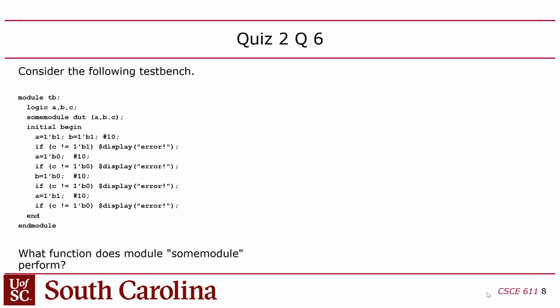Okay, then we have a test bench, and I'm giving you the test bench and asking you what function is being tested. How would you know that? Well, you look at the inputs and the expected output, and from that you can build a truth table. So the output is 1 if the inputs are 1 and 1. The output is 0 if the inputs are